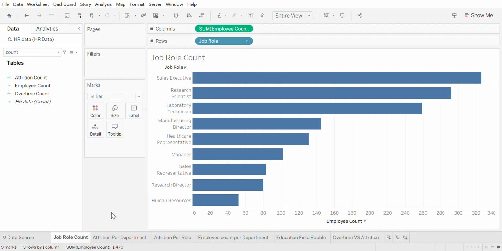And for me, my point of emphasis is on the employee attrition rate. How many employees resign from their roles, and to find out why these employees resign from their roles. So before we take a deep dive into the attrition specific insights, let's first have a general overview of the employee